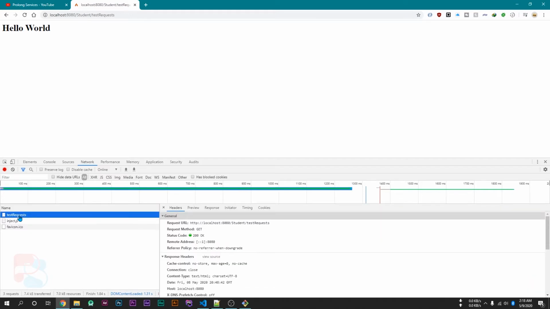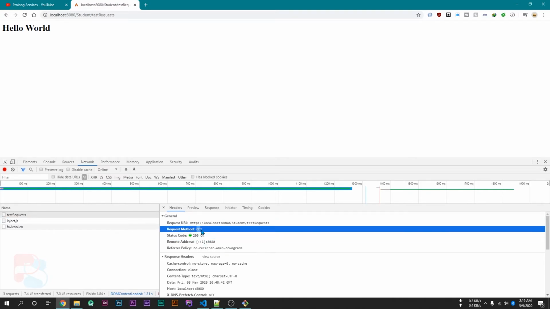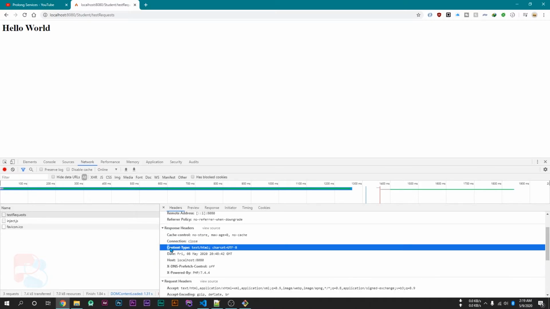So click on it and it will show all the information being sent from our web page to the web browser, like status code, which is 200, request method is GET, request URL, remote address, cache control, content type. As you can see, the default content type is text/HTML.